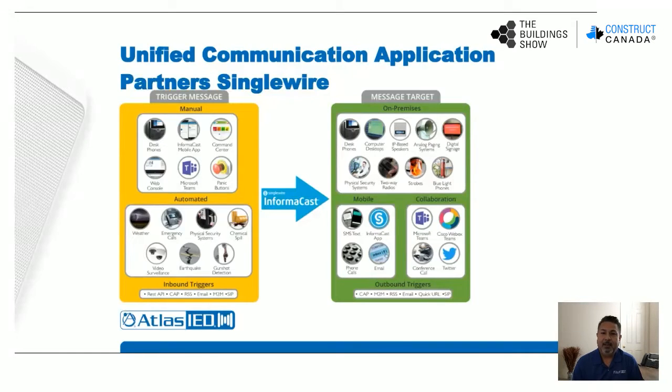If the client also wants to use the product, in addition to day-to-day communication, for critical alerts, maybe for evacuations, or active shooter drills, or chemical spills, or any critical alerts that may be deemed in the client's requirement list, the software package can provide a means to facilitate those critical alerts as well. So the way the system will work is there are two types of triggers. There's a manual method and there's an automated method.